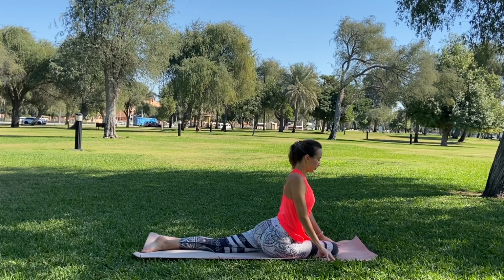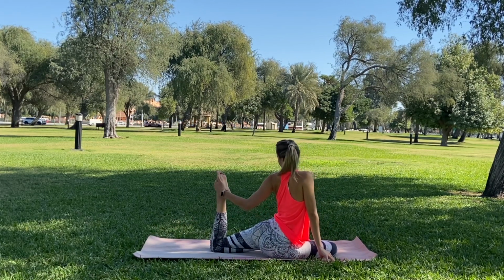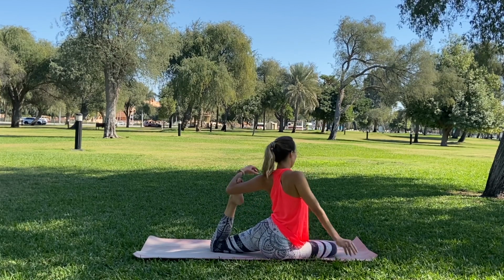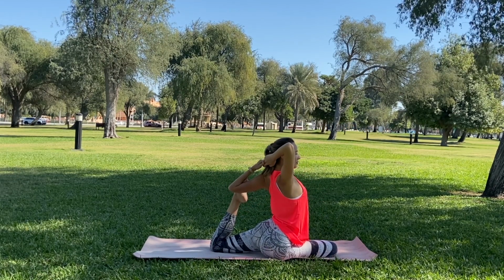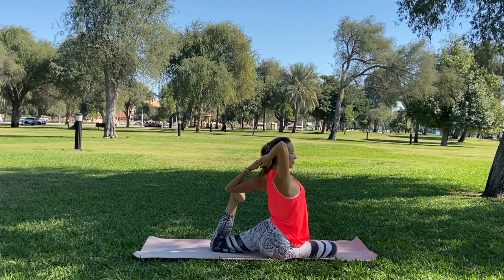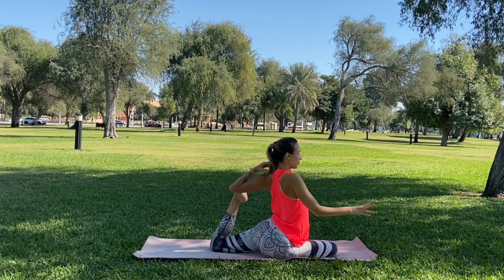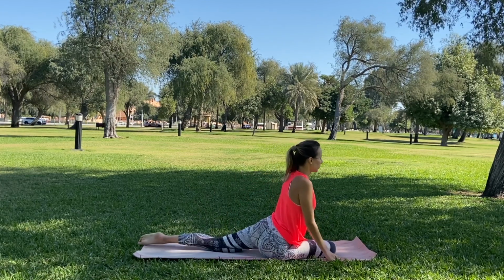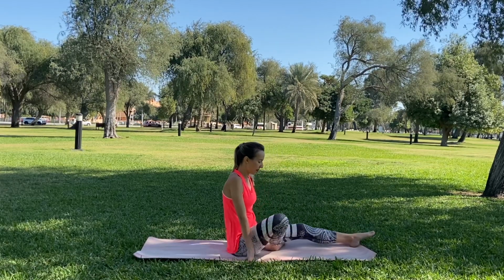And slowly coming up on your hands, bend your left knee, bring your left foot to the inside of your left elbow, and reaching your right arm above your head, interlacing your right hand with your left, mermaid pose. And release your leg, sweeping your left leg to the front,